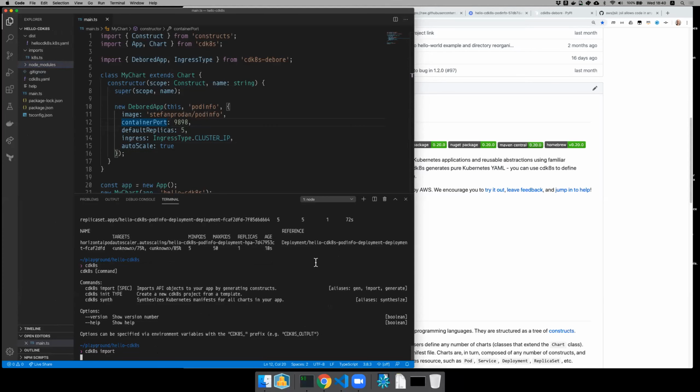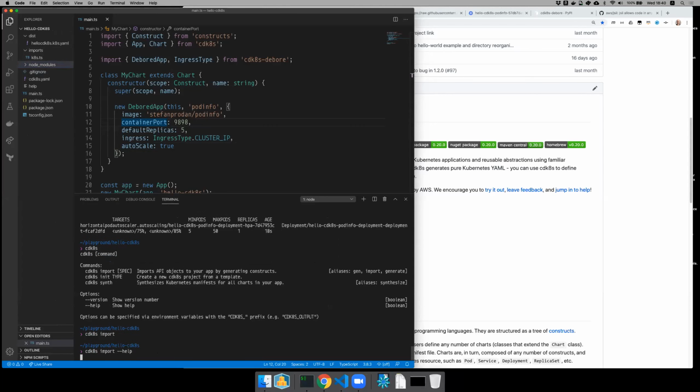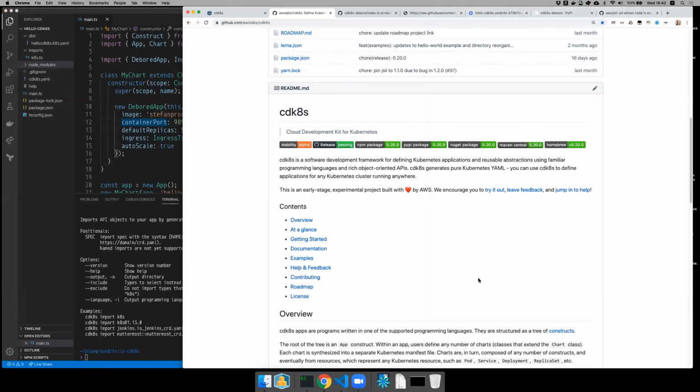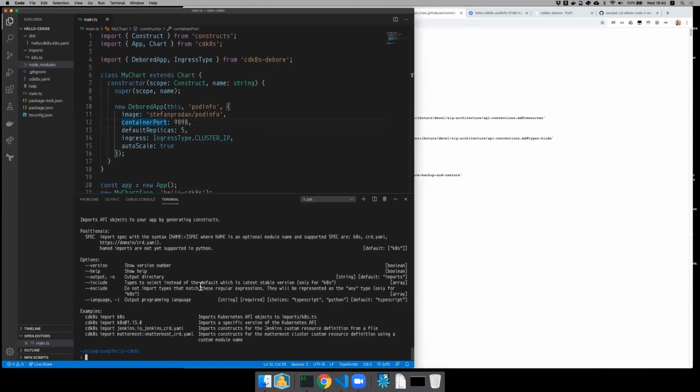This command currently only supports custom resource definitions and the Kubernetes APIs. You can see that you can either import k8s, import k8s at a specific version, or specify a YAML file for a CRD. You can even specify a URL for a CRD. I have an example here for the Jenkins operator CRD. So let's try and use that.